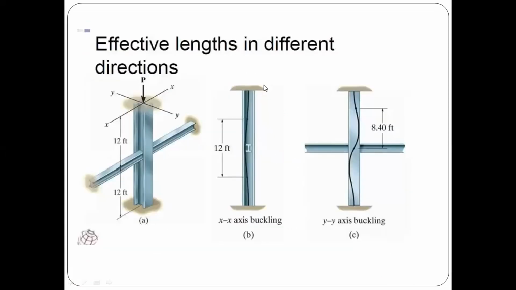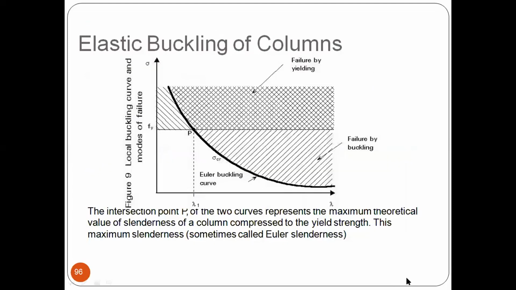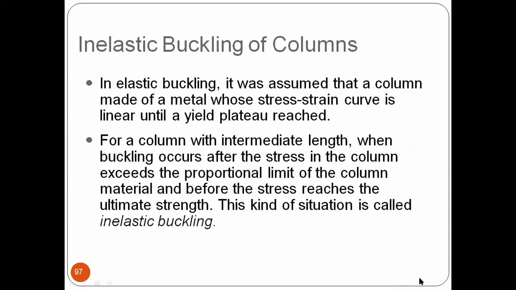The effective lengths in different directions. I think you all know the effective length of each member based on its supporting conditions. It was there in the table number, I think it is 20. Sorry, it is in 11 or 12. You can see the different effective lengths of the columns based on their end conditions. So this is how the presentation was.